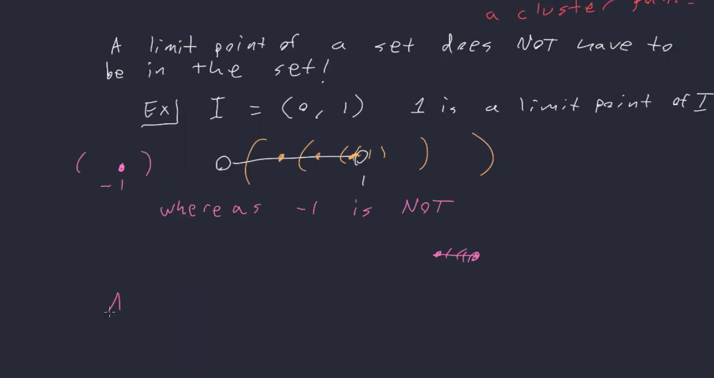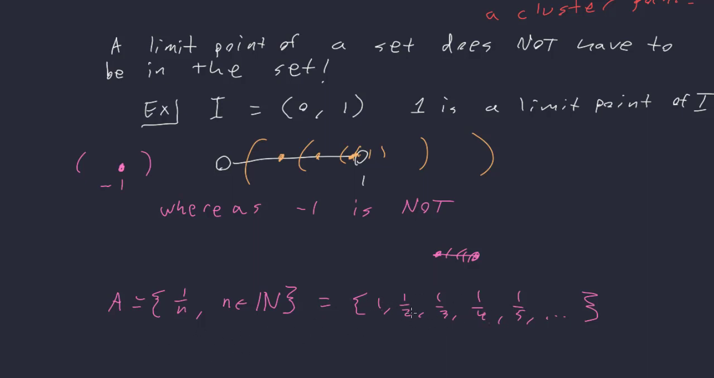To give us another example, consider this set here. Let's say A is 1 over n with n in the naturals. So this, of course, is the set that goes 1, 1/2, 1/3, 1/4, 1/5, etc. Now, I can't say that 1 is a limit point,